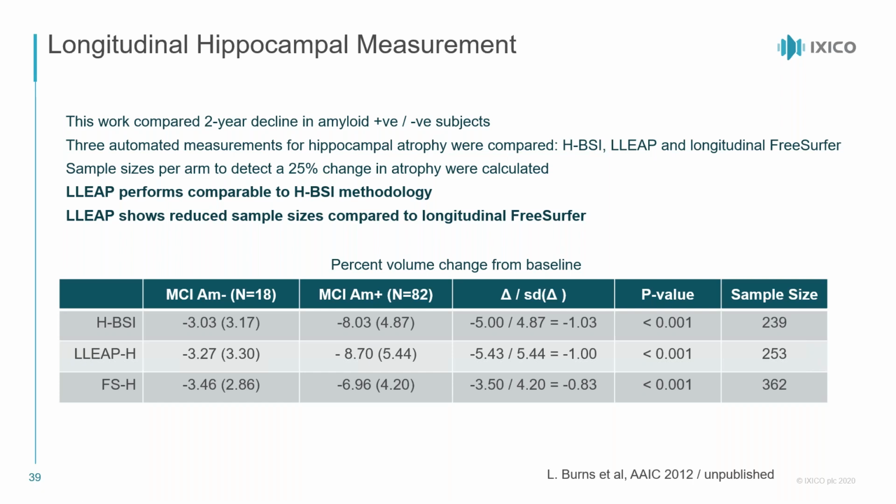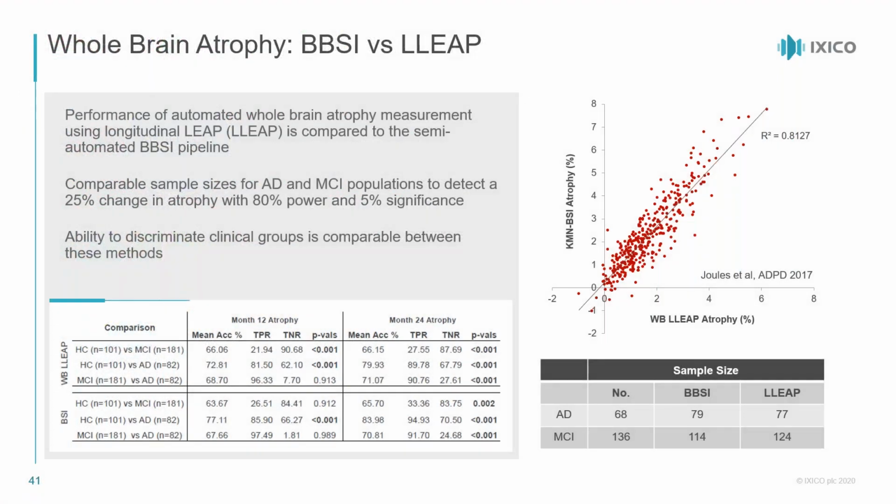However, it's worth noting that LEAP is fully automatic and flexible, whereas the BSI was manually initialized and potentially susceptible to vulnerabilities of inter and intra subject variability for those initialization segmentations. Also, being fully automatic, it has much reduced resource cost for deployment, meaning much faster turnaround times in terms of volumes. For the whole brain, we did a similar validation comparing the LEAP implementation against semi-automatically initialized BSI, again showing